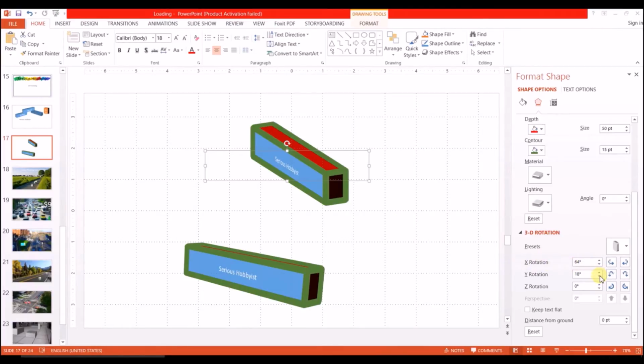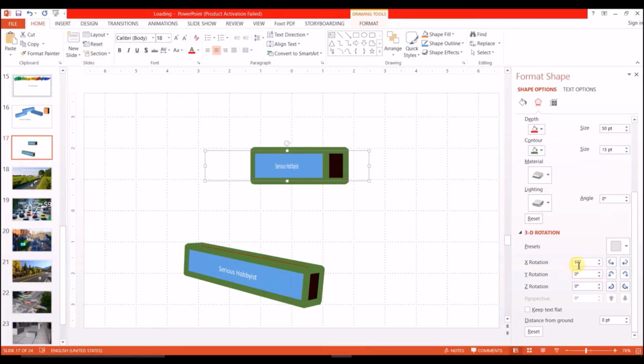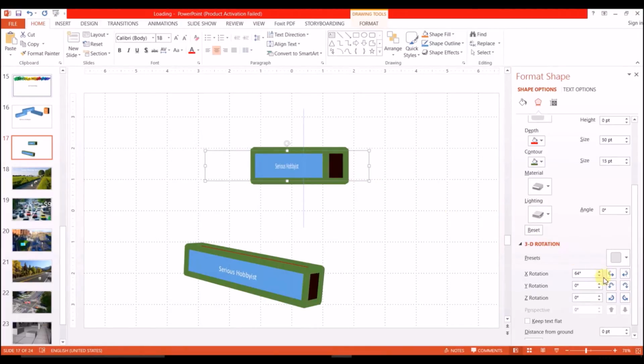The most important thing that people sometimes get messed up with is that we need to understand these axes. X rotation is about a vertical axis, and Y is about a horizontal axis. As you can see, if I rotate the object about the X axis, it's rotating about the axis that I've drawn, a vertical axis, while the Y axis